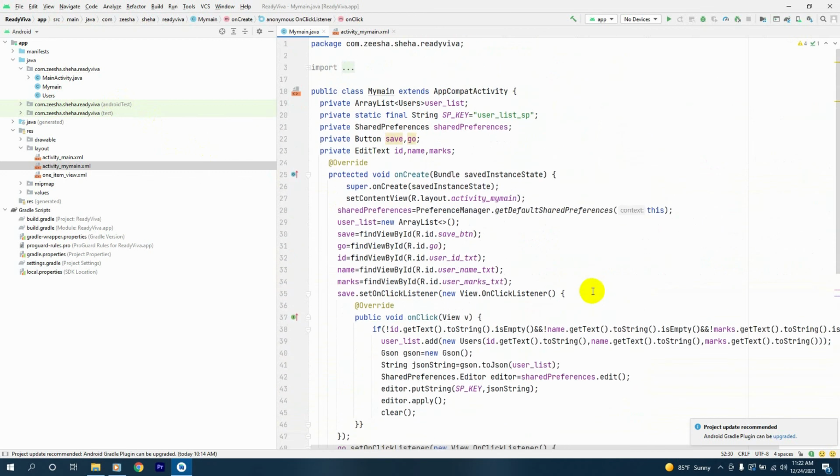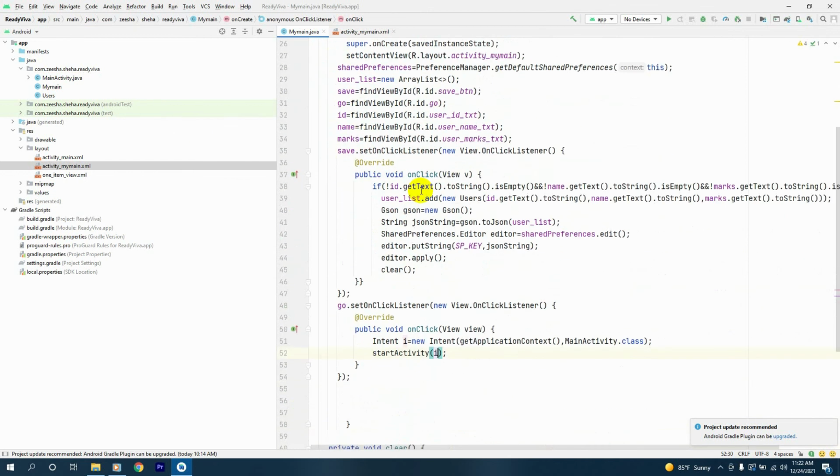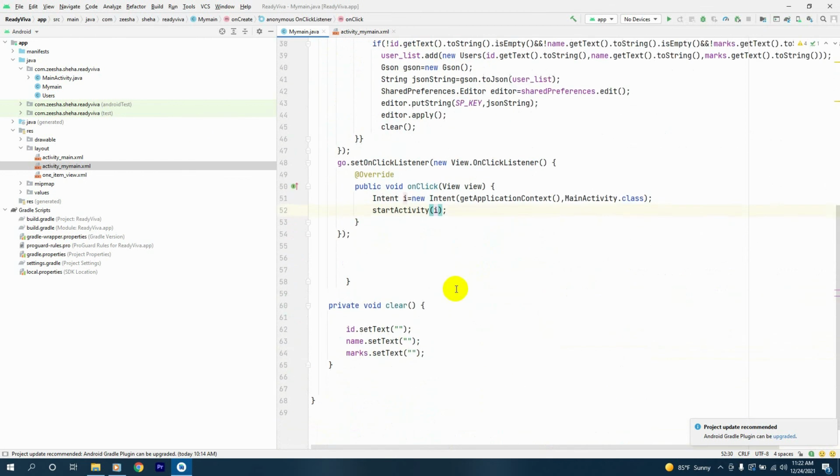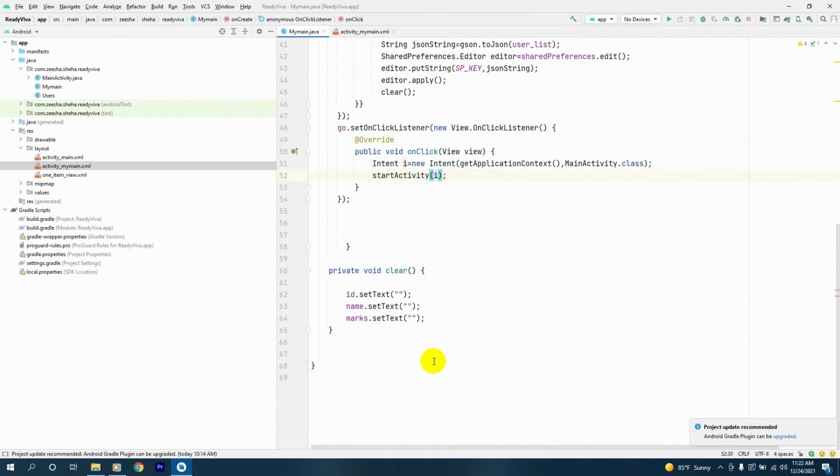So that's it for the myMain.java activity. I'll code the next thing in the next video. So here we end the first session for the